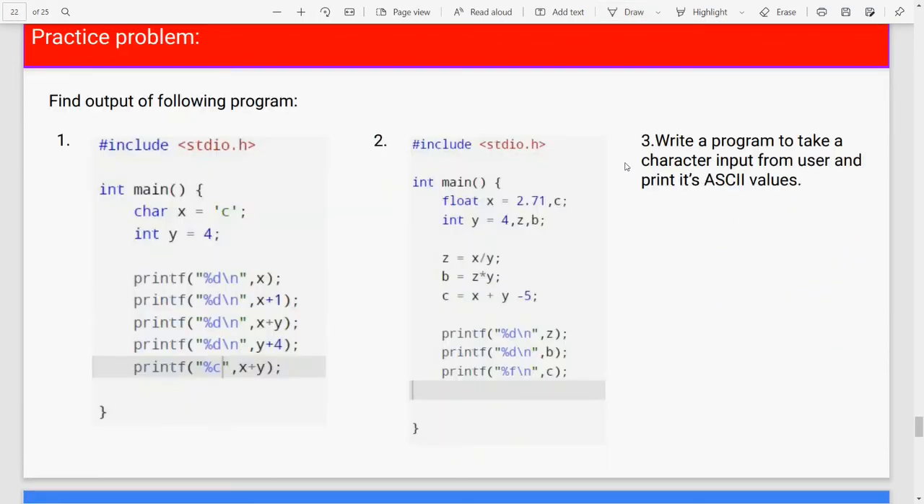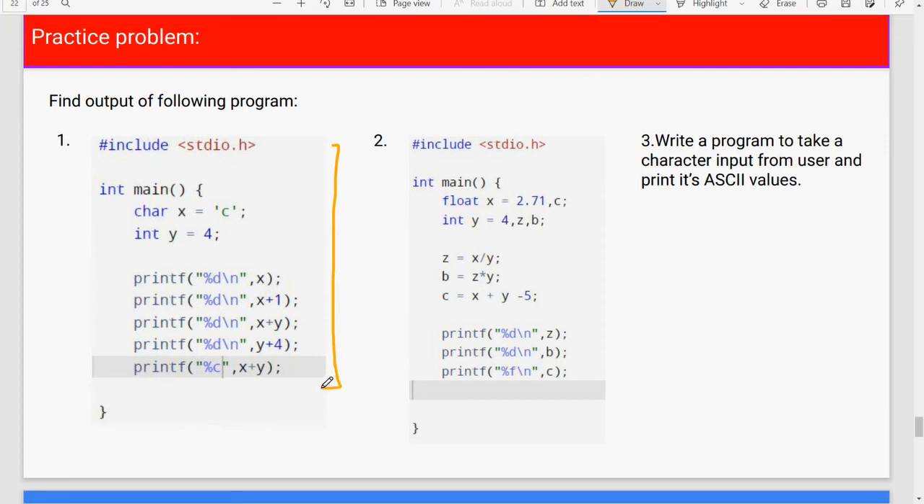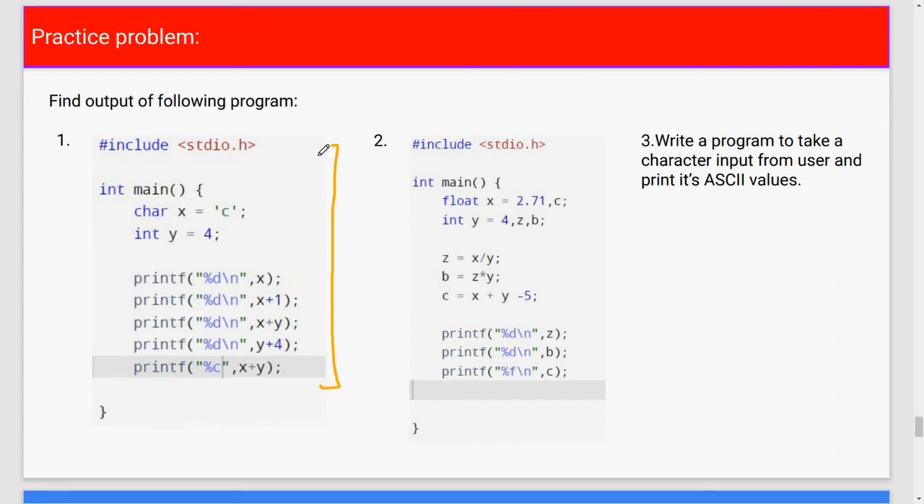Okay, so this is the problem that I was talking about. Just write the output of these two particular things, and don't try to run this code, because you just need to see how, with whatever knowledge you have till now, you can actually do these things. Okay,